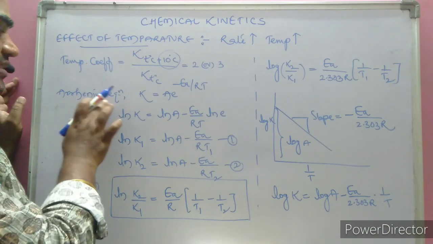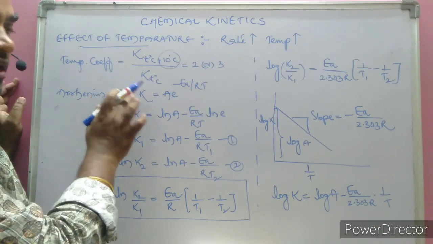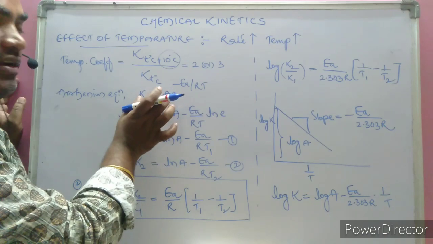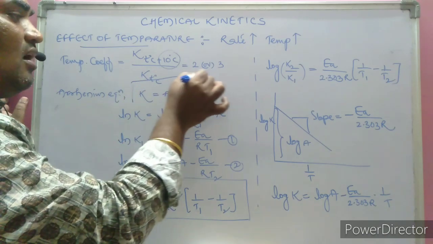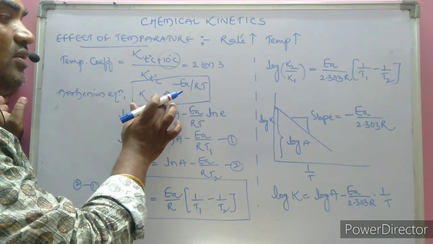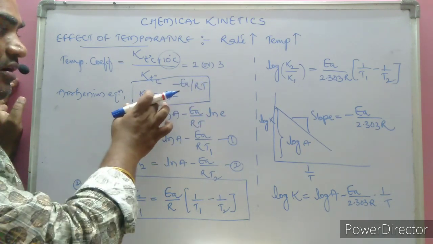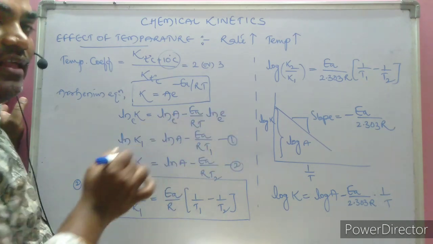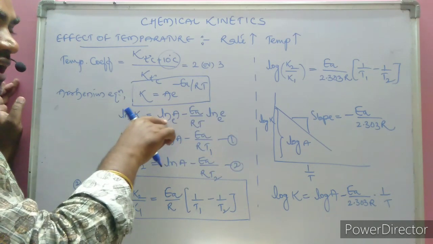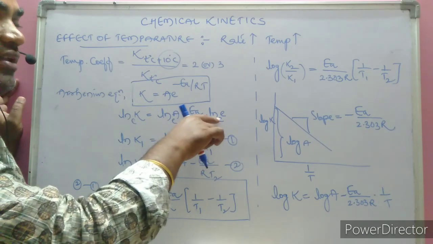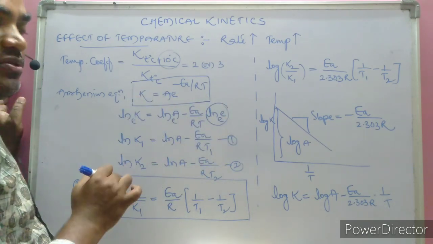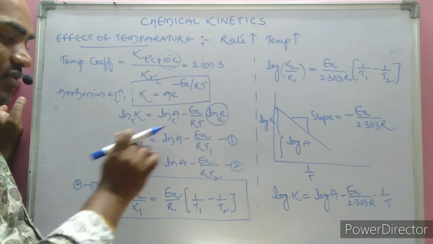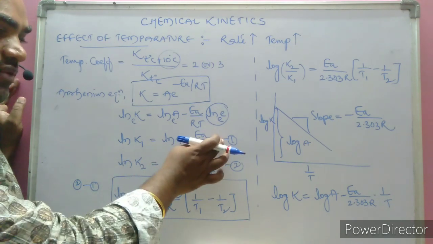Now, the scientist Arrhenius proposed an equation which relates the temperature coefficient, or the temperature, to the specific rate constant, that we call the Arrhenius equation. k = A e^(-Ea/RT). Taking natural logarithm on both sides, natural logarithm stands for log base e, that is ln. ln k = ln A - Ea/RT, ln e base e value is 1. Let the temperature be T1 and the specific rate constant k1, and T2, k2, let these be equation numbers 1 and 2.